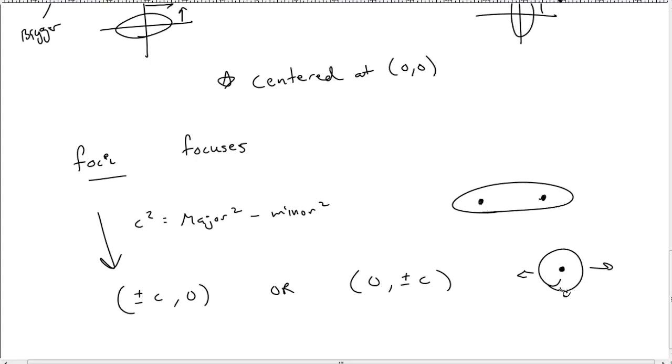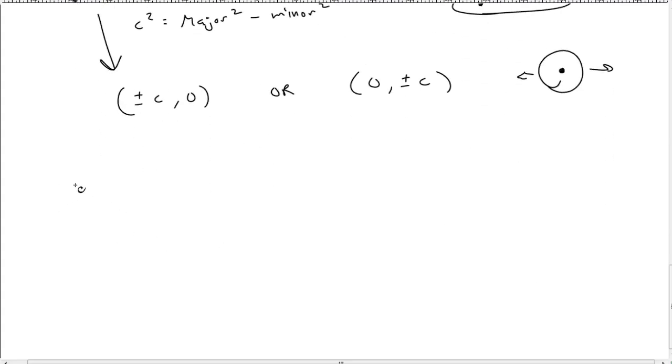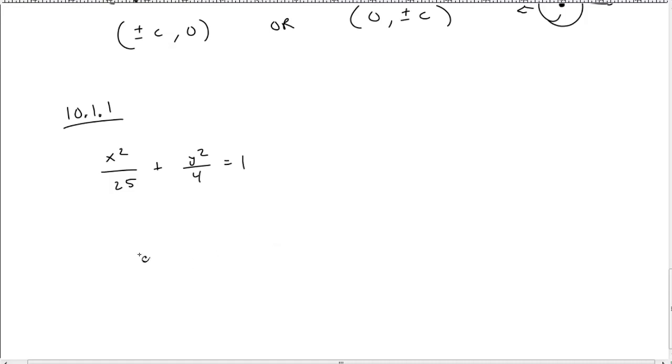Okay, let's get some problems done. So we have 10.1.1 is x squared over 25 plus y squared over 4 is equal to 1. And they say graph it. This is actually pretty easy. I'm going to liken this to a 5 squared